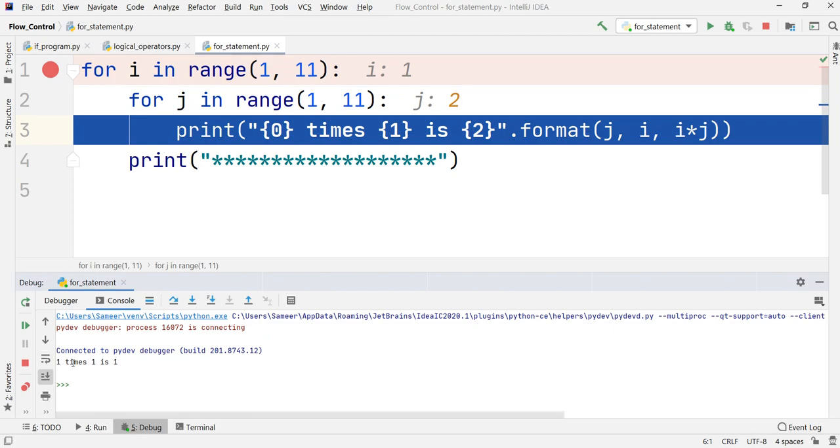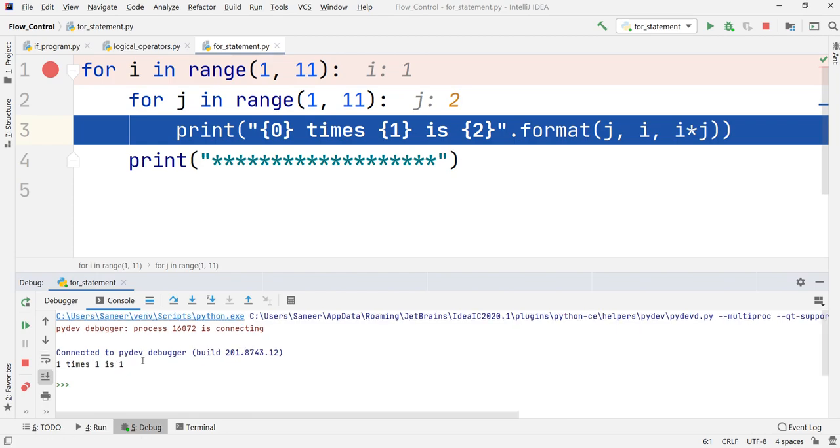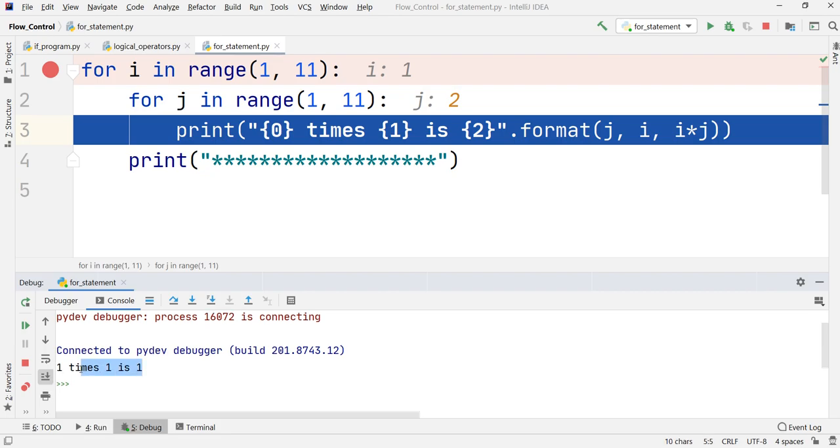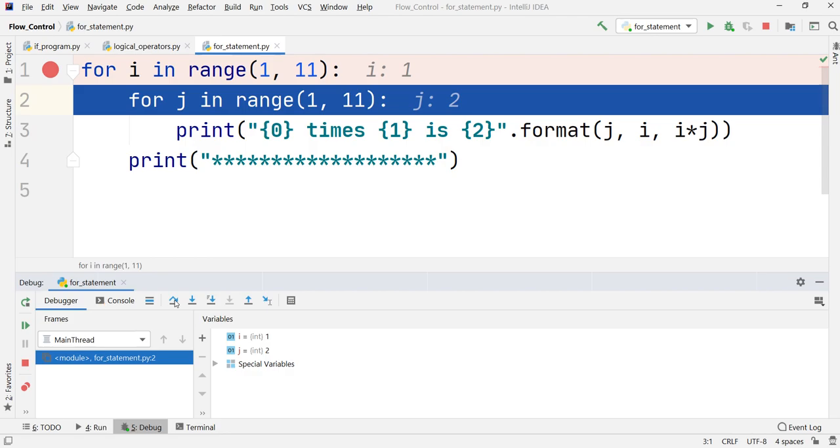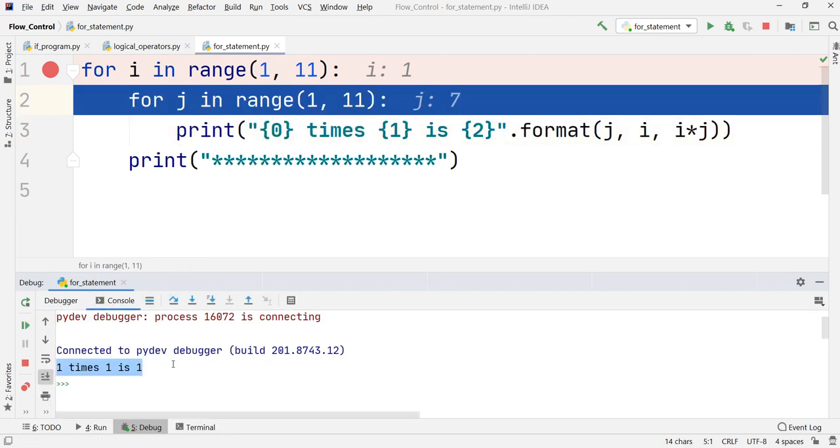As you can observe at the console pane, if I zoom in a bit, it says 1 times 1 is 1. Let us go back to the debugger and step over. If I do it a bit faster, you can observe the value of j changing, and each time it changes, it prints out the output.